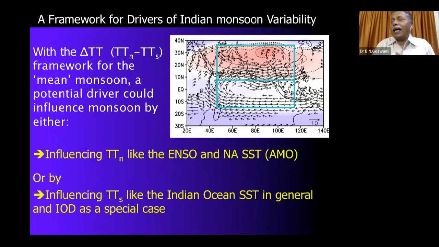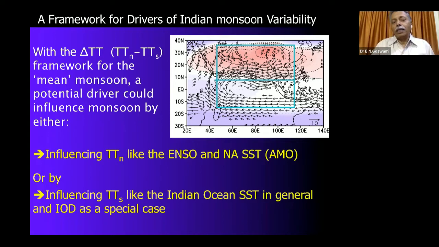But we need to understand that for any teleconnection, we have to try to understand them in the process. The internal variability of monsoon is the variability of the mean, right? And we have a model for the mean. Today, in the last lecture, I discussed the model for the mean. And now we can think about the teleconnections or the drivers also through this framework of the mean model, because the